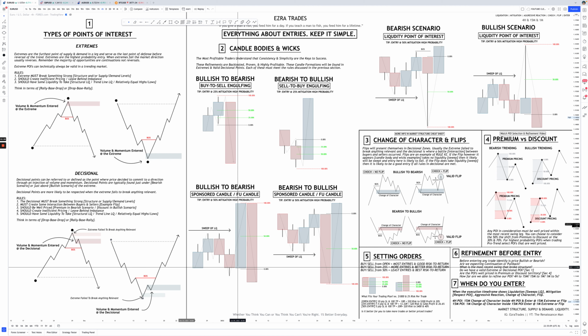But the idea behind this is, in this case, a bullish to bearish scenario. So our price was moving higher. Here we created some equal highs, some liquidity. Price exploded to the upside. Full-bodied candle closure up here. Swept all this liquidity and an immediate reversal. And typically what you'd want to see is that the pullback, the reversal candle, engulfs the initial sponsored candle that